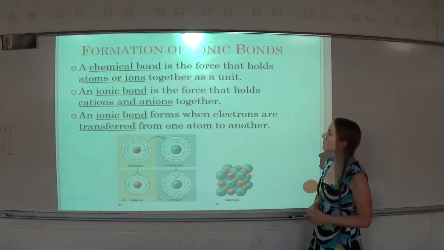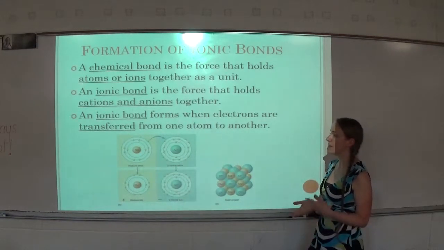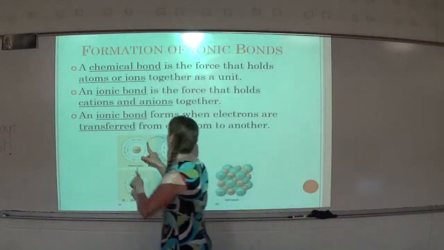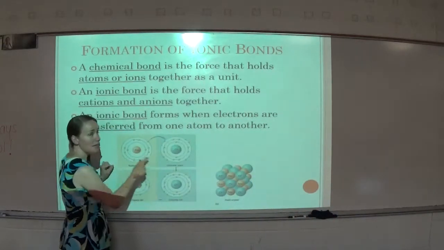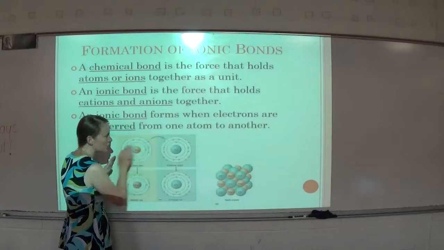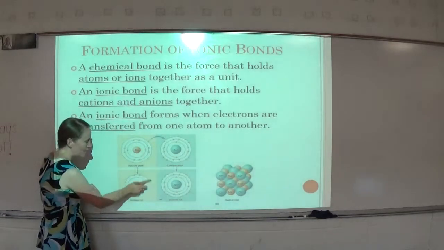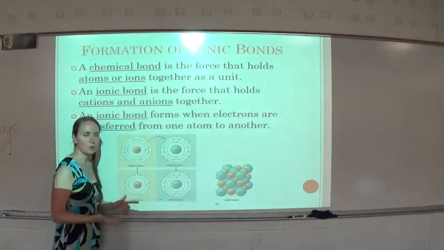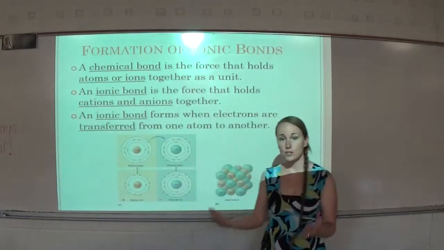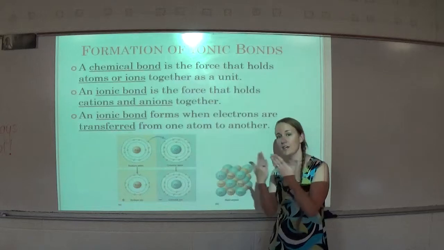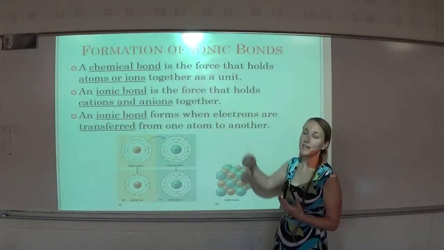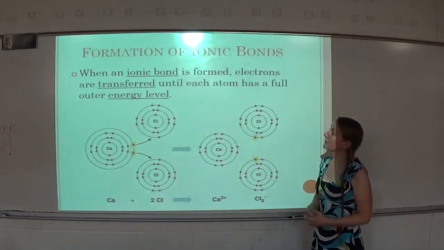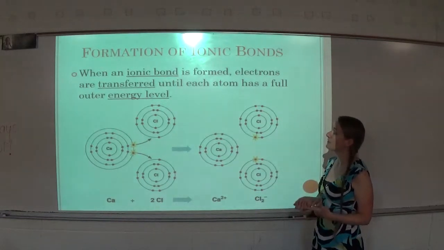An ionic bond forms when electrons are transferred from one atom to another. So here's our sodium chloride example again. Sodium only has one valence electron, chlorine has 7, so sodium gives its extra electron to chlorine, and so then we have a positive sodium ion and a negative chloride ion. Because they're positive and negative, they attract one another, and so they have formed an ionic bond